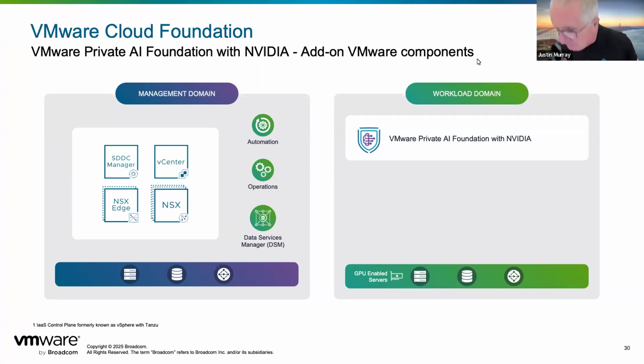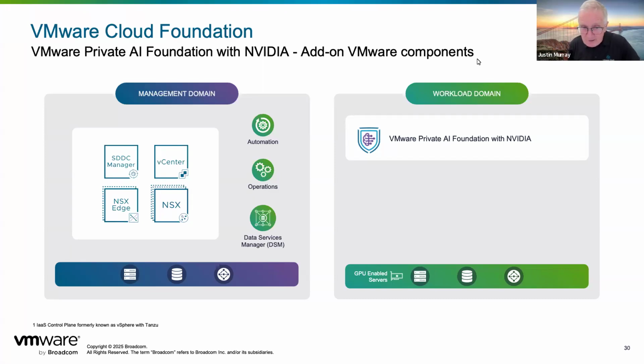The types of GPUs that we support today and that NVIDIA supports are the H100, which is a very contemporary one, the A100, which is a very good GPU. I have it in my lab. It's getting a little older now. It's 3 years old. And the L40S, which is a dual-purpose GPU that does both graphics and heavy-duty compute like AI. And we deploy VMware Private AI Foundation into that workload domain.